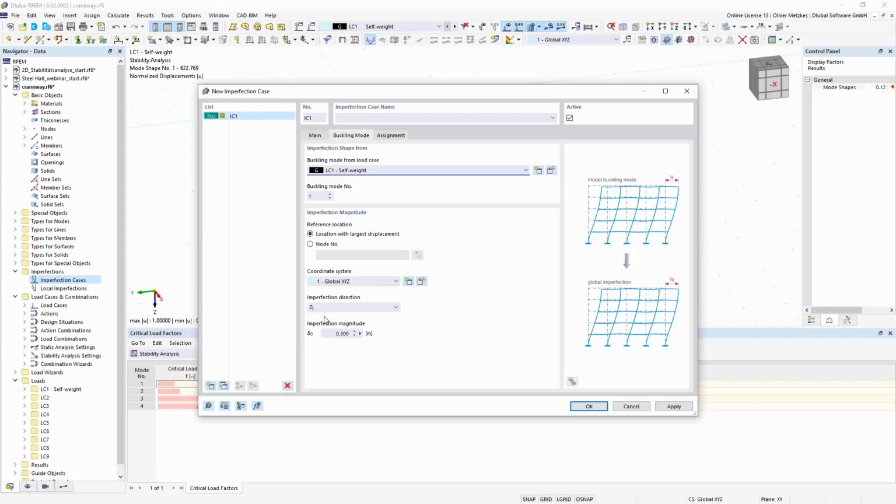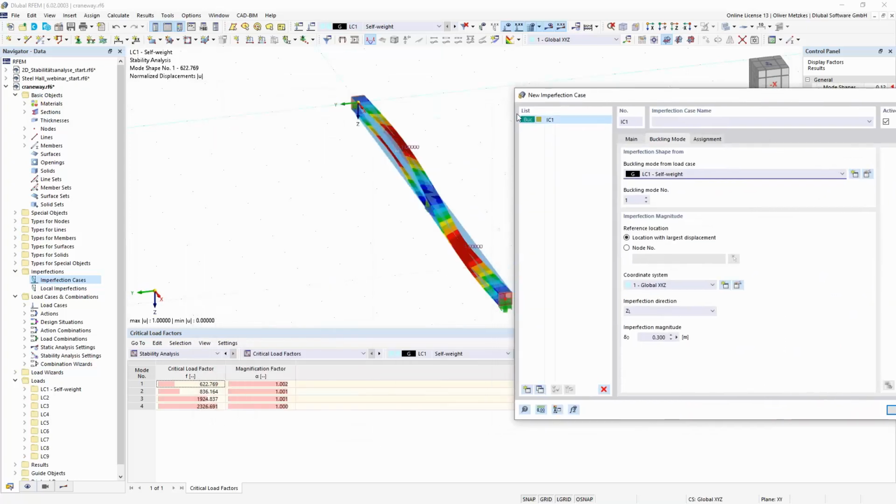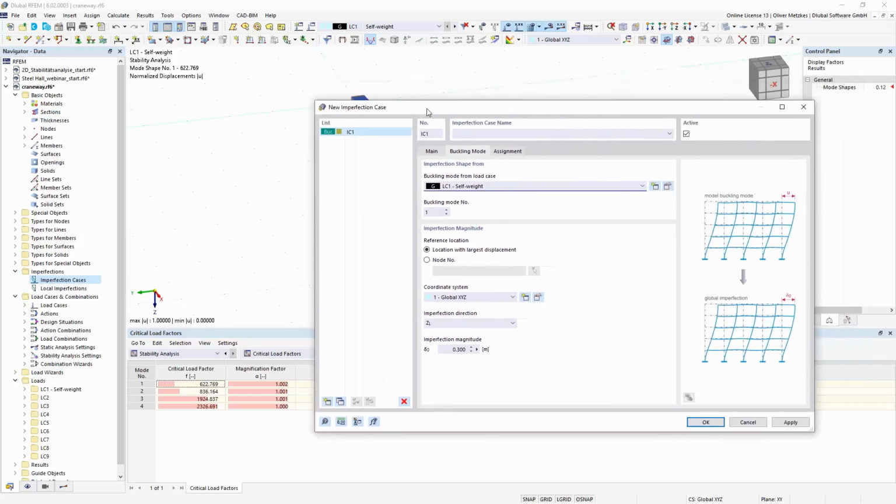And now you could also apply this imperfection. So in my example, as an imperfection value, I can use 1/200 of the reference length, which would be between the fork supports in this example. So this length and 1/200 of this length will be the imperfection value that I would need to use here. It also depends on the national annex for the Eurocode. So it's always important to look at the national annex of your country so that you can set the correct